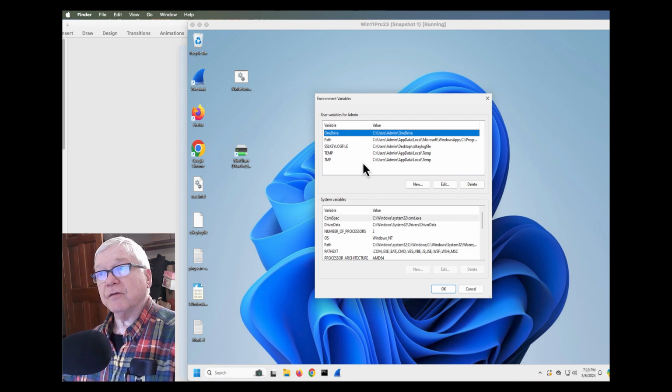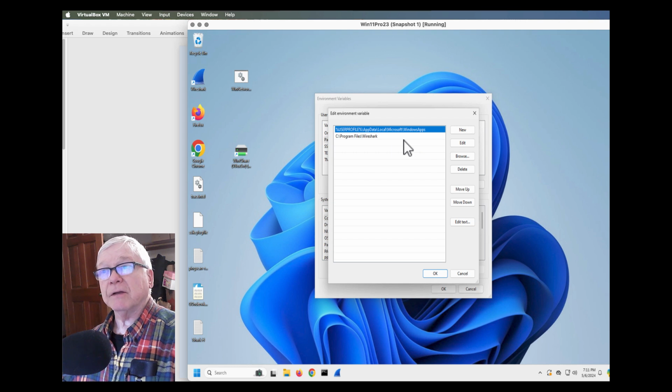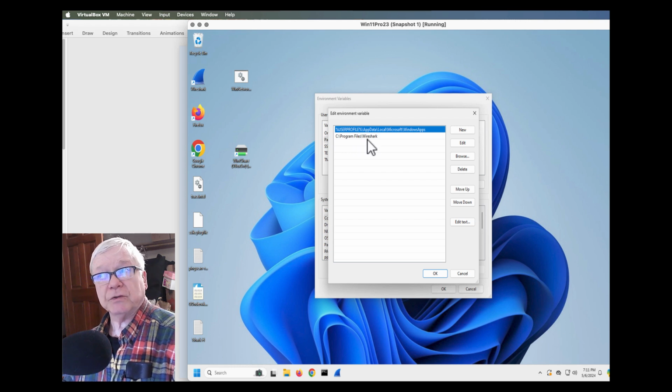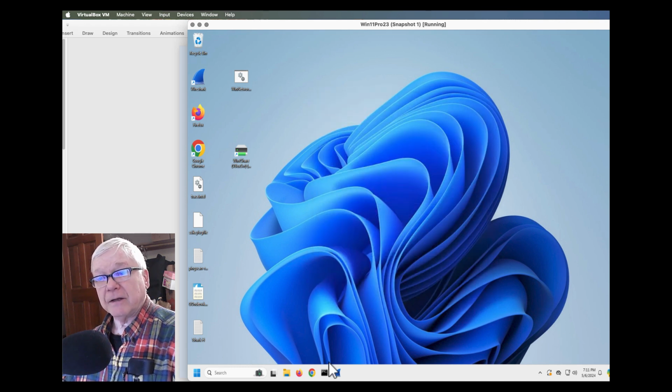Where I can see the environment variables, let me double click on that, and that opens up the opportunity to edit an environment variable. I could click on new, and I've already done that here and added C:\Program Files\Wireshark. Clicked OK to get out of that, and then I'm going back into my command line here.